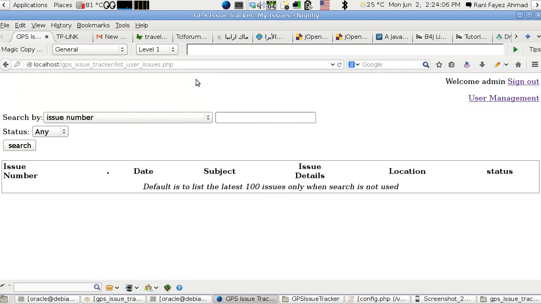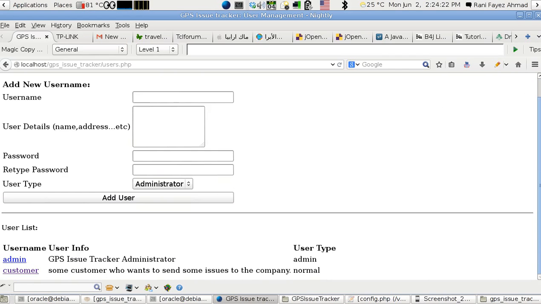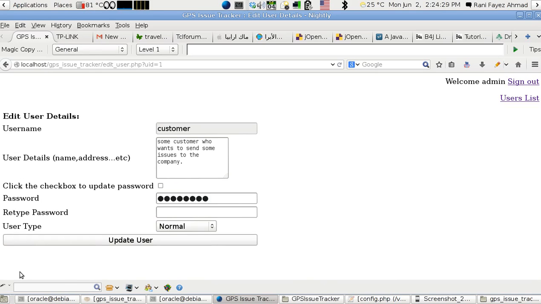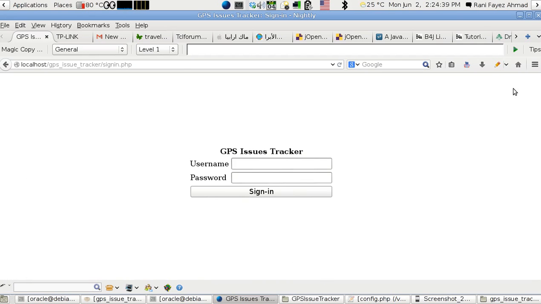Now here everything is still empty, so I use user management if I want, and I can add other users to the system, and I can edit also here. For example, for the customer, I can edit the customer. I can go back to users list. I can even sign out maybe. Okay, admin,